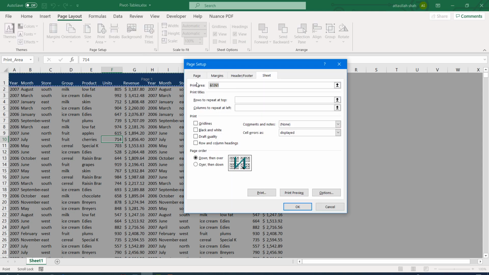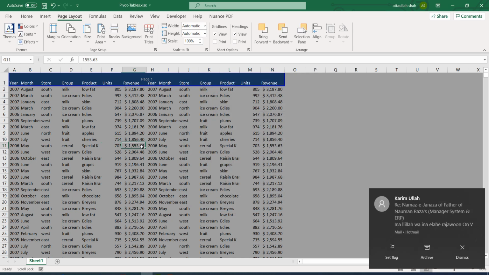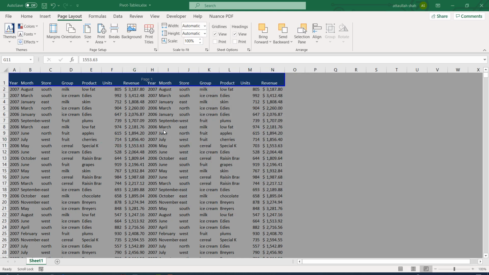Okay, I think this is specifically meant for print area, but for print titles we will use the rows to repeat at the top. So we have discussed margins, orientation, size, print area, and I think that's it.